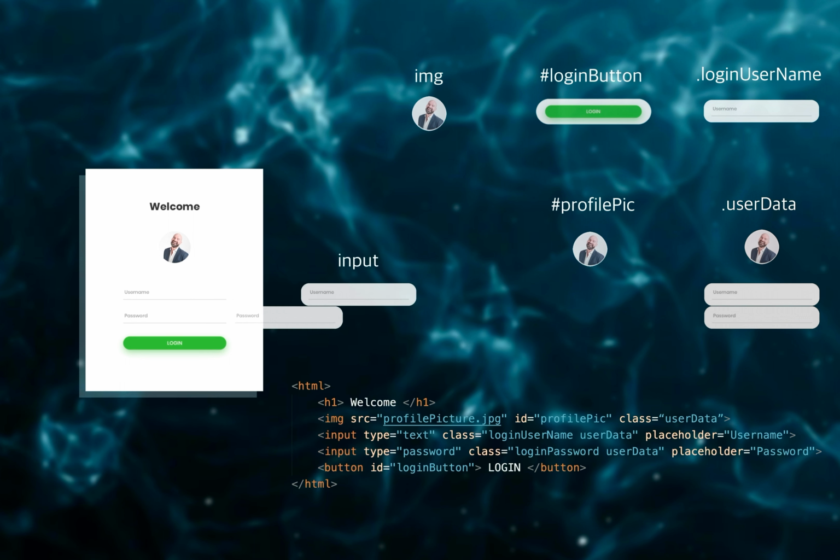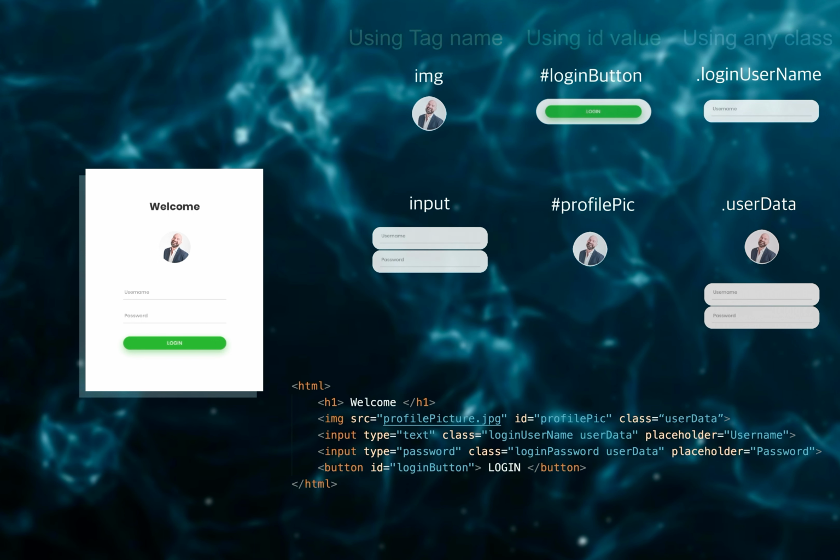Along with classes and IDs, HTML tag names can also be used like that. A couple of points to note before looking at CSS. First, note the syntactic difference in accessing HTML elements using tags, IDs and classes. If there is nothing in front, CSS or JS searches for tags with that name. If there is a hashtag, they search for HTML elements whose ID matches that name, and similarly a dot before